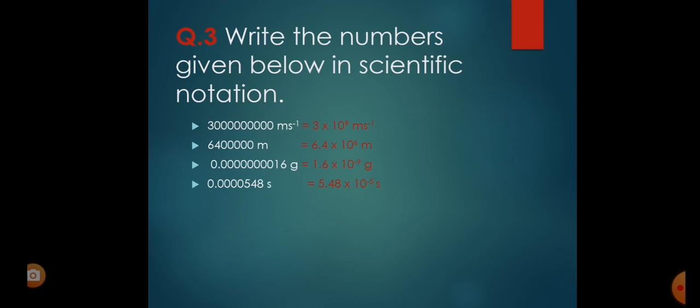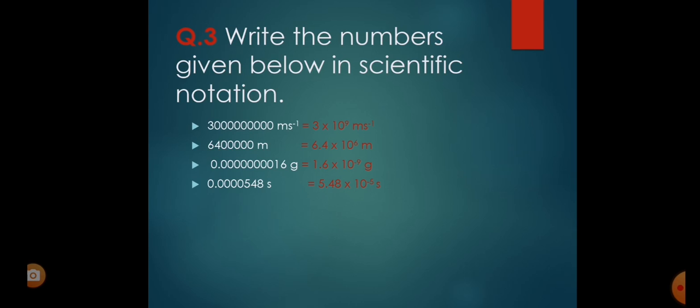Okay, now next, 64 with 5 zeros is given to you. 6.4 into 10 raised to power 6 meter will be the right answer. After that, 1.6, there are 8 zeros given, and the first non-zero digit is the 1. The decimal is moving towards the right side, so you have to put the negative with it. 8 zeros cross and the 1, so a total of 9 digits is crossing over there. So 1.6 into 10 raised to power minus 9 ahead. Next is 4 zeros and the first non-zero digit is the 5, so 5.48 into 10 raised to power minus